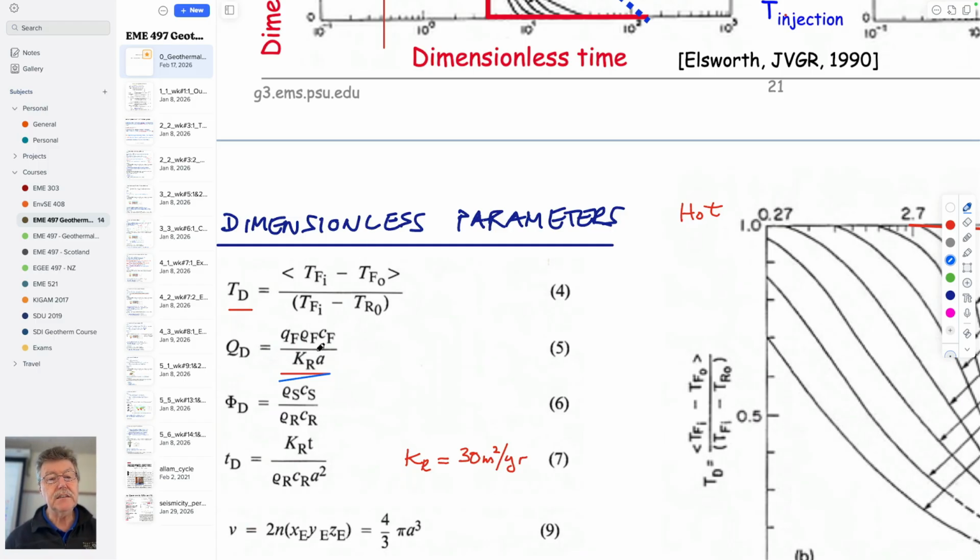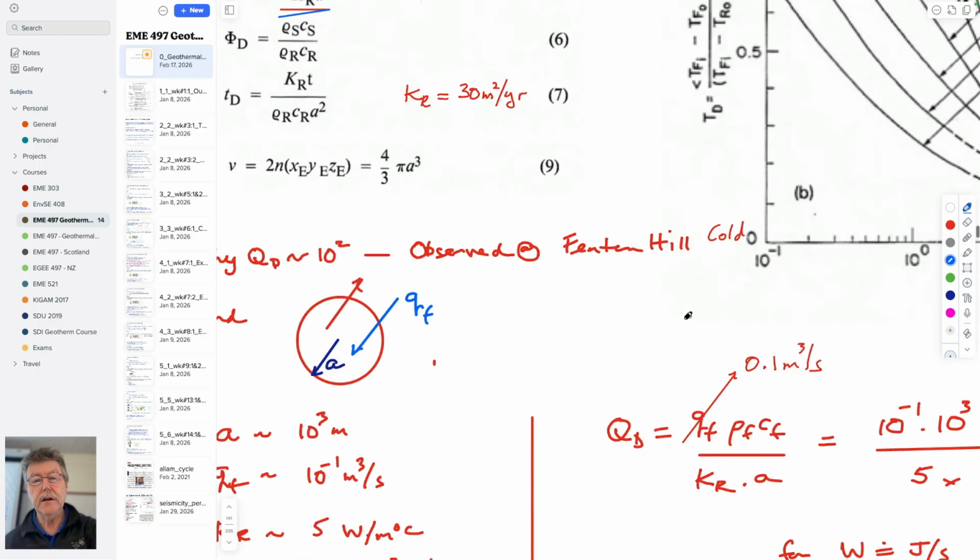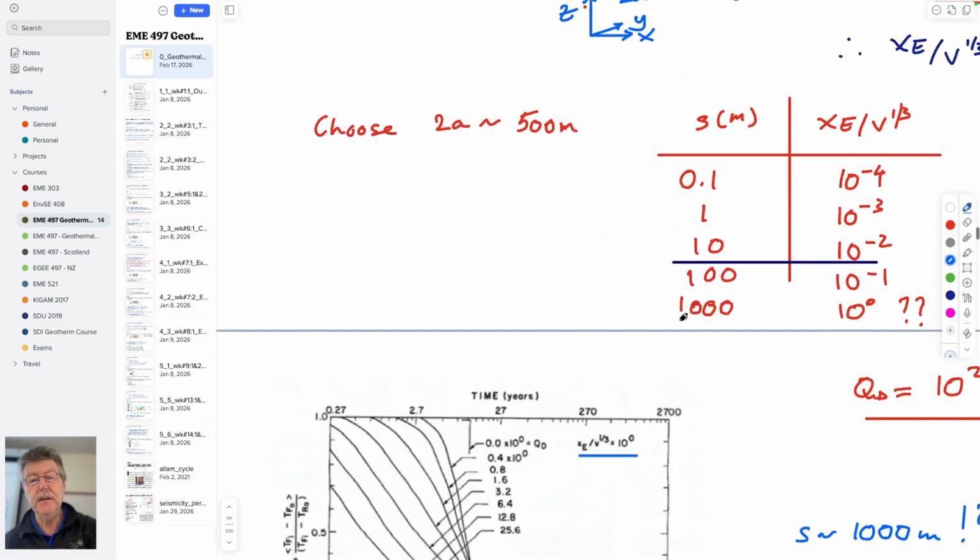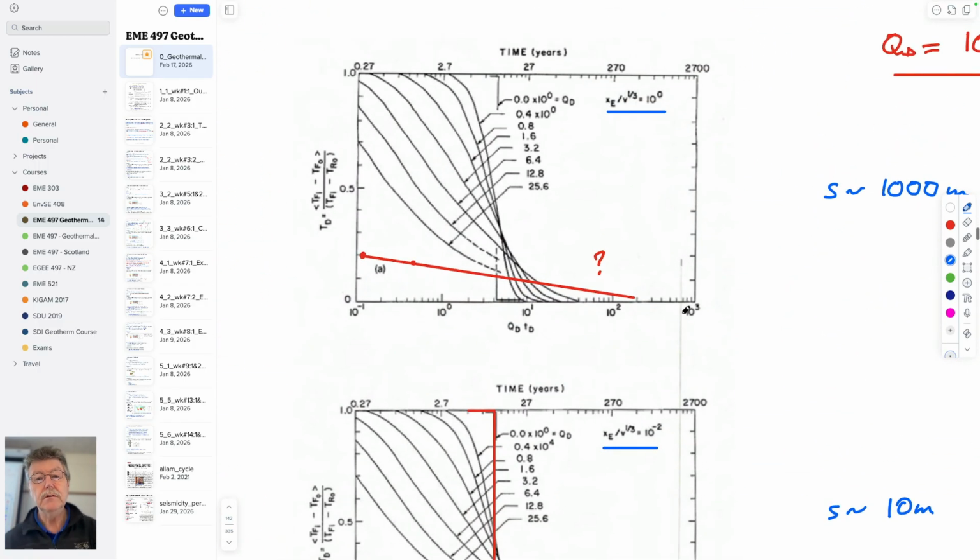And it makes sense that it's these mixtures of properties, thermal conductivity of the reservoir, because that's getting heat into the fracture, and that heat is being carried by the characteristics of the fluid as it takes it to the outlet well. And if you work on this as being a reasonable flow-through rate of 10 to the 2, QD equals 10 to the 2,